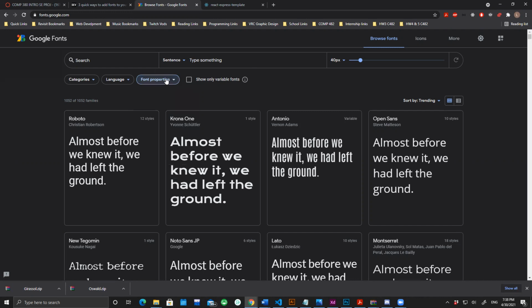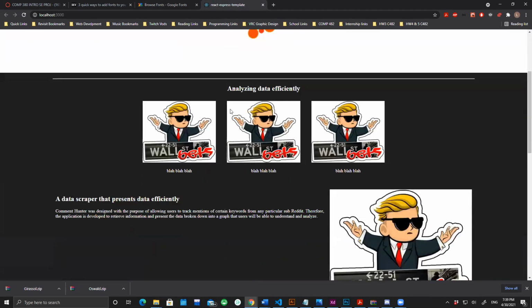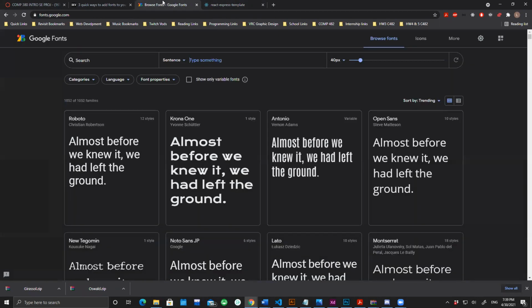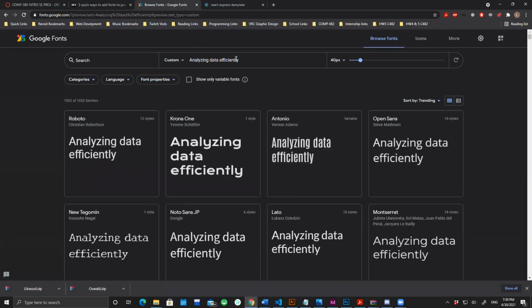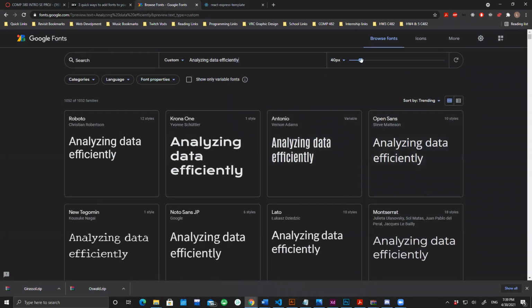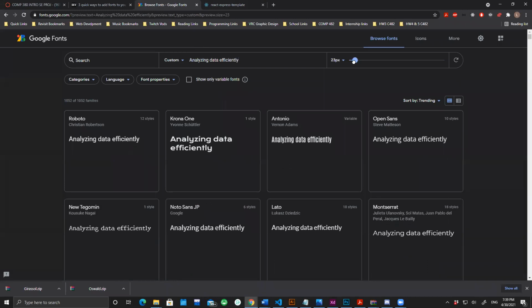Before you make up your mind and choose a font, maybe you want to test something. We have a line over here, "analyzing data efficiently." Maybe use that and test it, and you can see which one looks better. You can also change the font